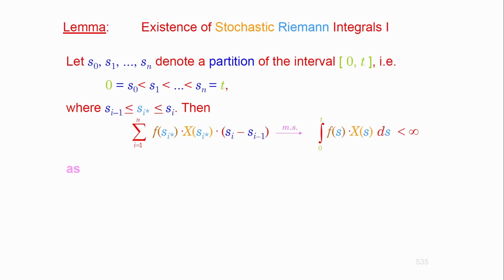As the number of subintervals is increased, if and only if, so that is going to be both sufficient and necessary for their existence, the following integral exists, which means that you have some sort of limit. It's going to be a little bit harsh at the beginning, but it will help you. So first off, there is f, the deterministic function by which the stochastic process is multiplied, and the expectation, which you see.